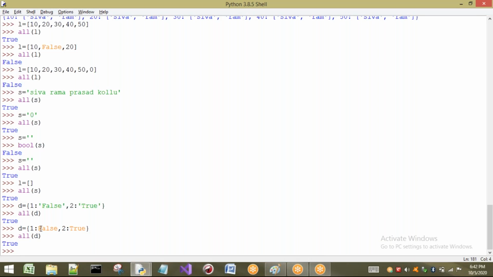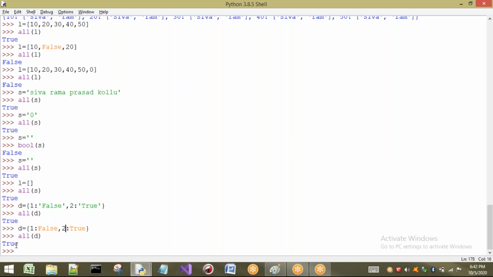If it takes the values, what happens? It becomes False, according to our all rule. But what happens here? In the concept of a dictionary, it is not going to consider the values. It's going to consider only the keys. The keys here are 1 and 2, which are non-zero, so automatically both are true.